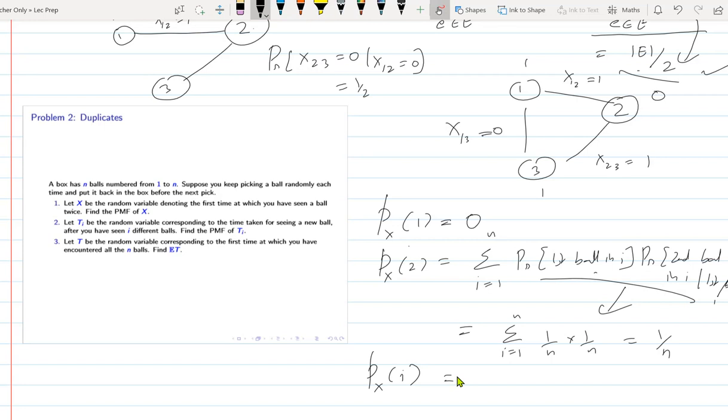That can be like the first ball we have 1 by n probability, second will be 1 by n minus 1, third will be 1 by n minus 2, and for the I minus 1th ball we have 1 upon n minus I plus 1. If the first repetition has to happen at the ith time, there should not be any repetition in the first I minus 1 times, and the ith time it should be a repetition of one of the I minus 1, right? Yes, sir. So I agree that for the ith one to be a repetition of the first I minus 1, it is I minus 1 by n.